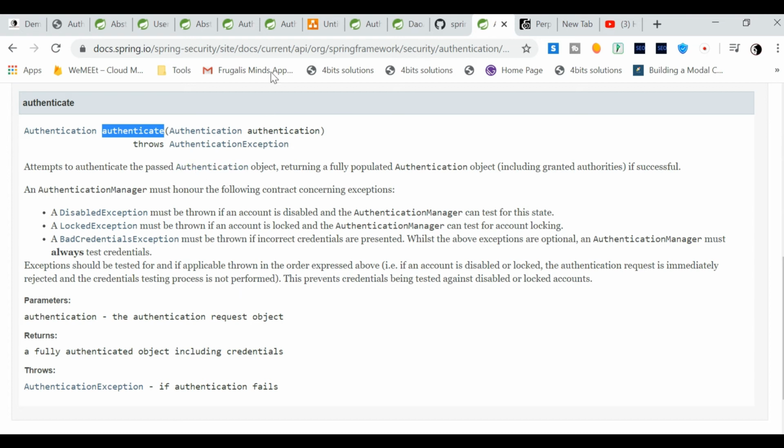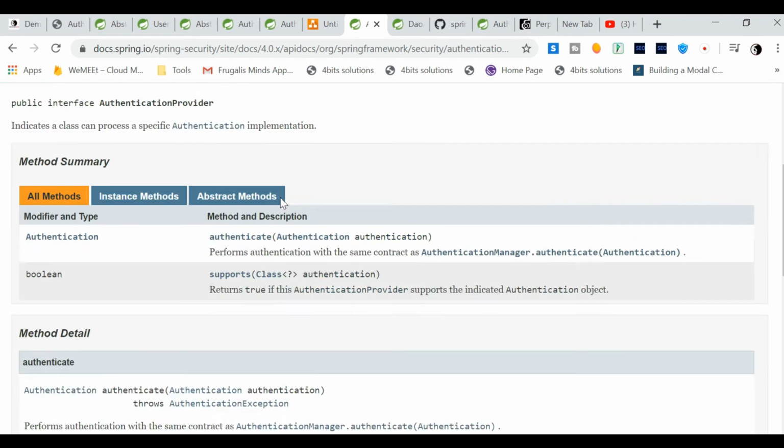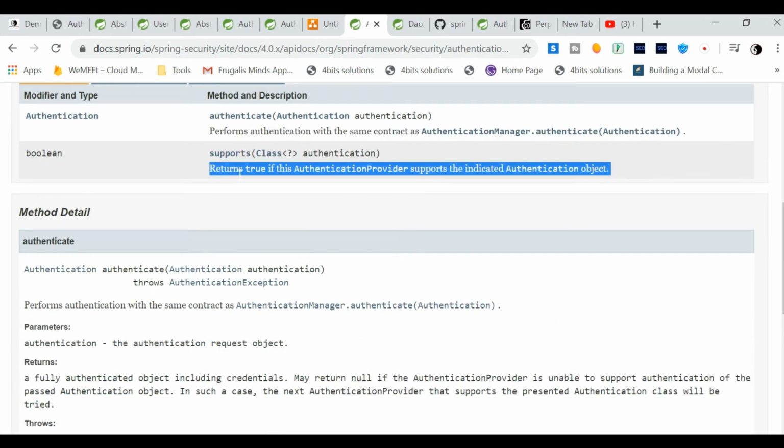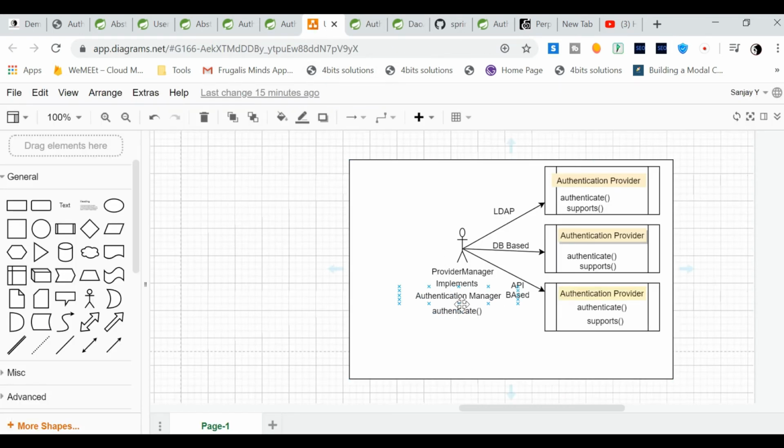Now if you see the authentication provider interface, it has one method known as supports. This supports method gets called by the provider manager. Provider manager is basically an implementation of authentication manager. If you see, this is an implementation of authentication manager. The provider manager tries to validate whether this authentication provider is suitable for me or not.